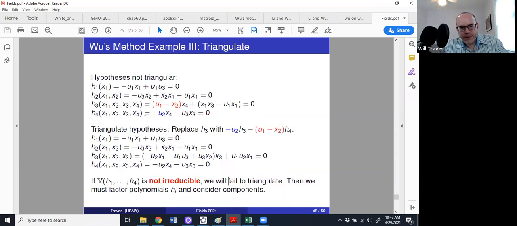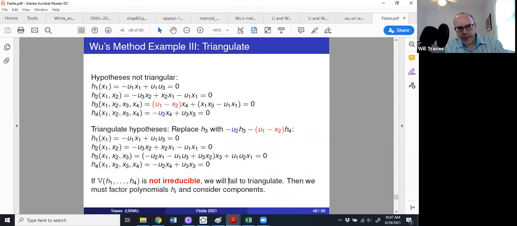So the next step is that typically the hypotheses you write down are not triangular in the sense of only adding one more variable each time. But what you can do is, for instance, there's an x4 in both of these two polynomials, h3 and h4. And so I could essentially use one of the equations and substitute for x4. Or a different way you could say it is, say, take this leading coefficient of